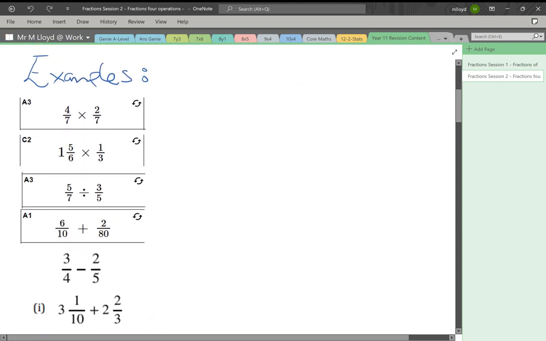So we're looking at the examples. We've got 6 to run through. This activity is just all about the 4 operations with fractions, so multiplying, dividing, adding, and subtracting. So our first one,